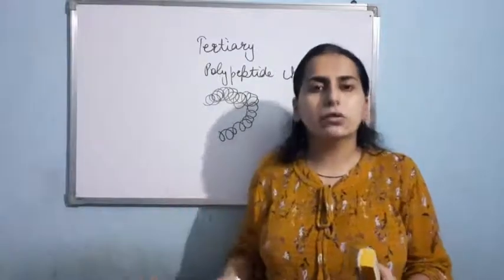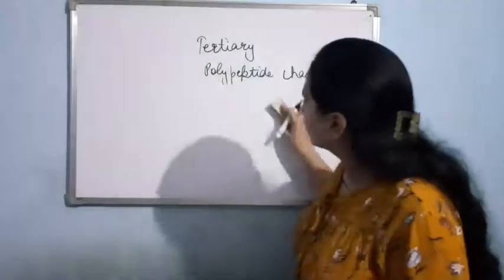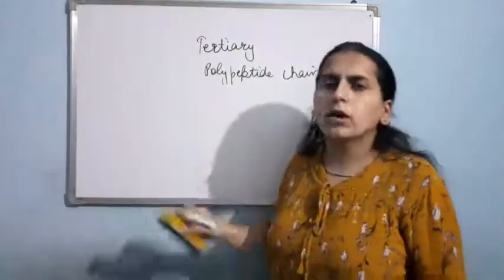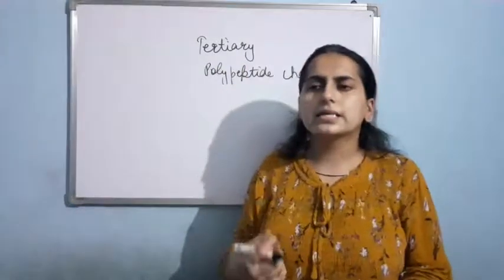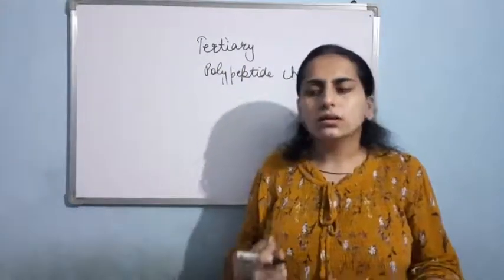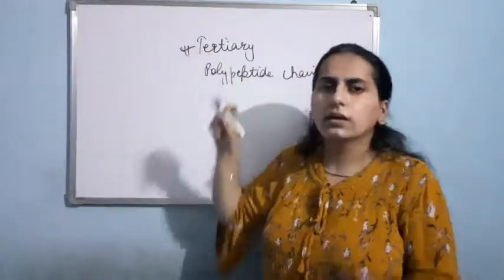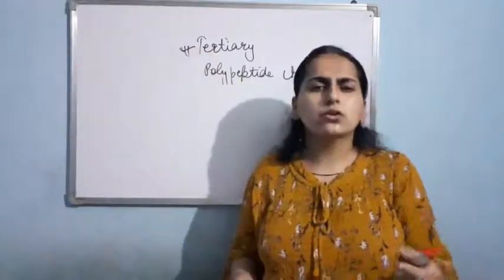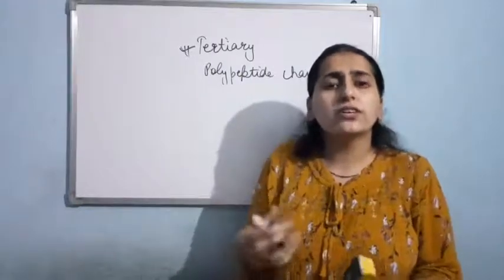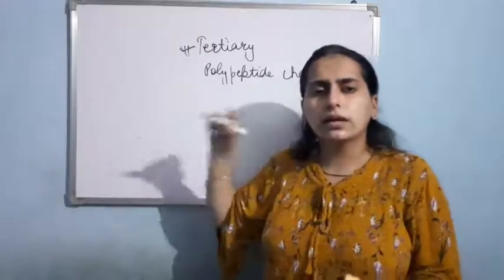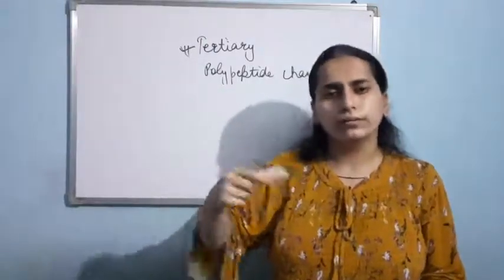Number of folds are quite high, and the polypeptide chain plays a very important role. The tertiary proteins, basically they work as enzymes, hormones. The functions of our body, basically these are controlled by tertiary proteins only. As I told you, secondary proteins used to make the structure. They are the structural proteins. But the rest of the functional proteins are tertiary proteins only, in which one polypeptide chain is present and it is rounded over. Clear?